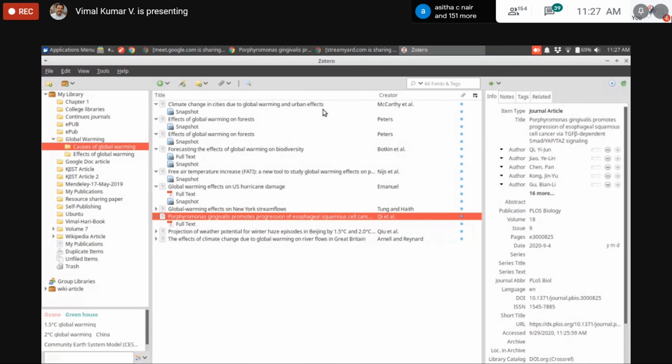The next method is that suppose you have already collected some journal articles in PDF format, and later you have learned about this software. In such cases, you can import these PDFs into Zotero directly.